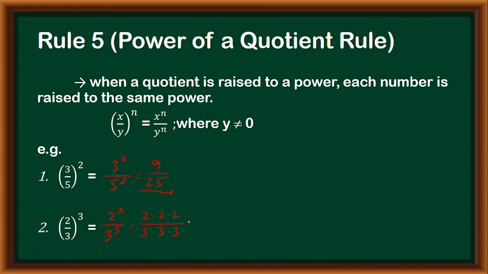So, 2 times 2 is 4, times 2 is 8. So, 8 dito. 3 times 3 is 9, times 3 is 27. So, this will be our final answer. Okay ba? Kung kaya pang i-simplify, go. Pero kung hindi na, that's fine. Okay? So, let's go with the